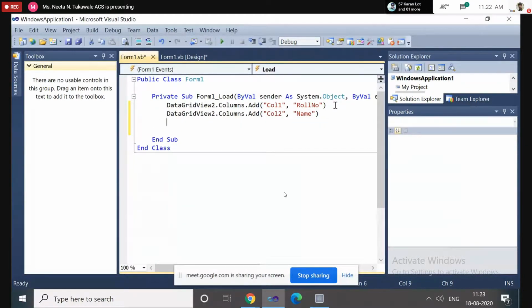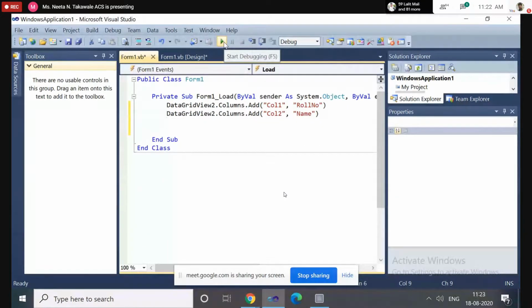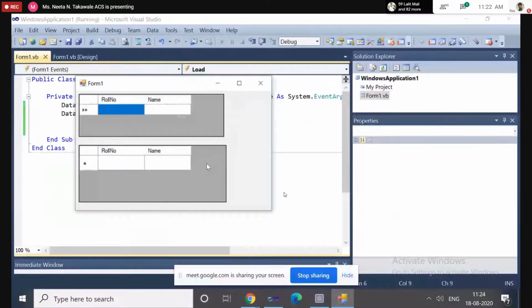So I have added two columns into the data grid. Now execute. Now see here, Roll Number and Name, we have added two columns. The name of the first column is col1, the name of the second column is col2, and the header text for the first column is Roll Number, header text for the second column is Name.